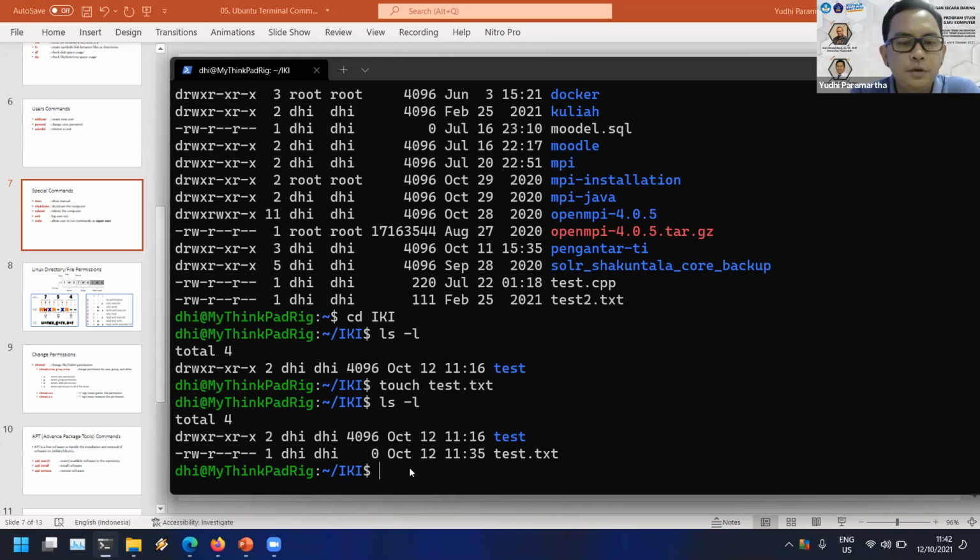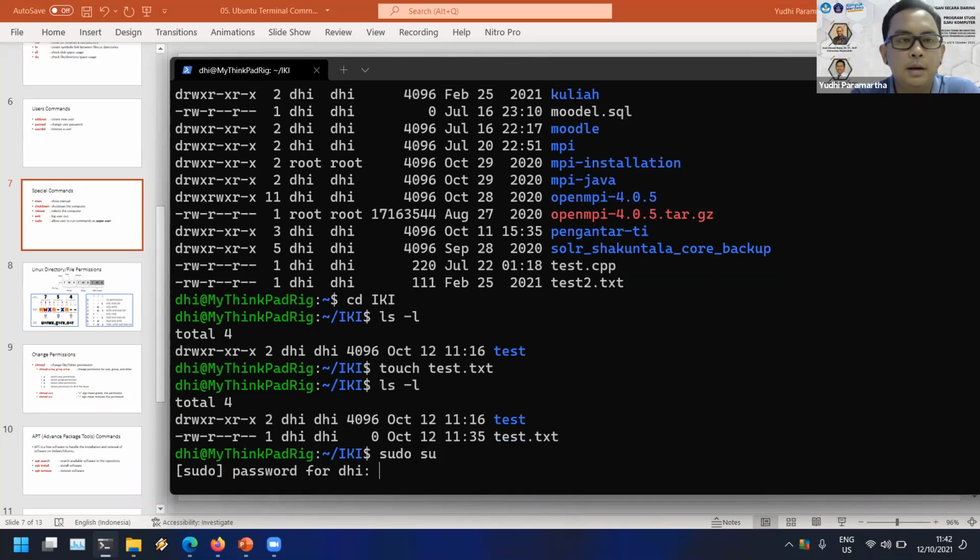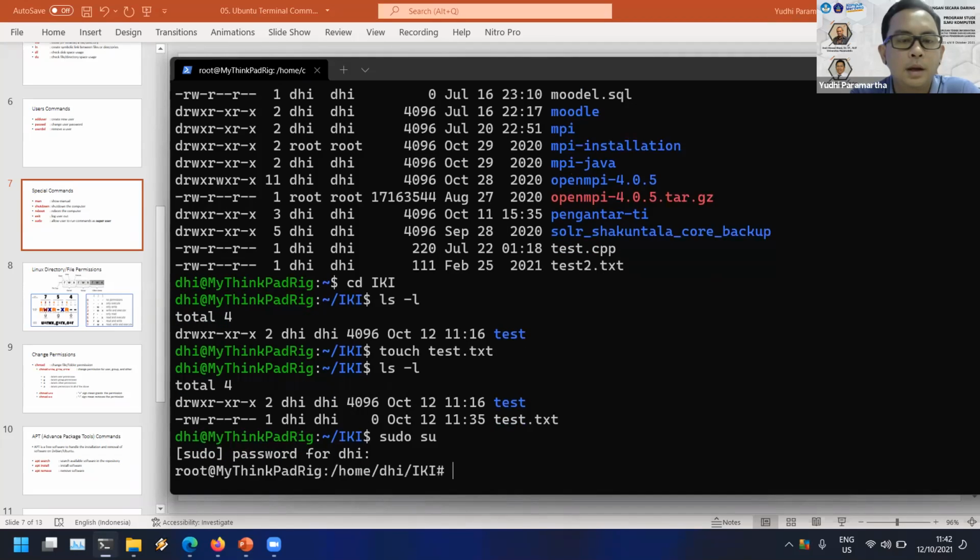And how to use the super user? You could type sudo su. This is for logging in to the super user. When I press enter, it will ask for the password confirmation, and then I am logged in as root. This root is a super user.